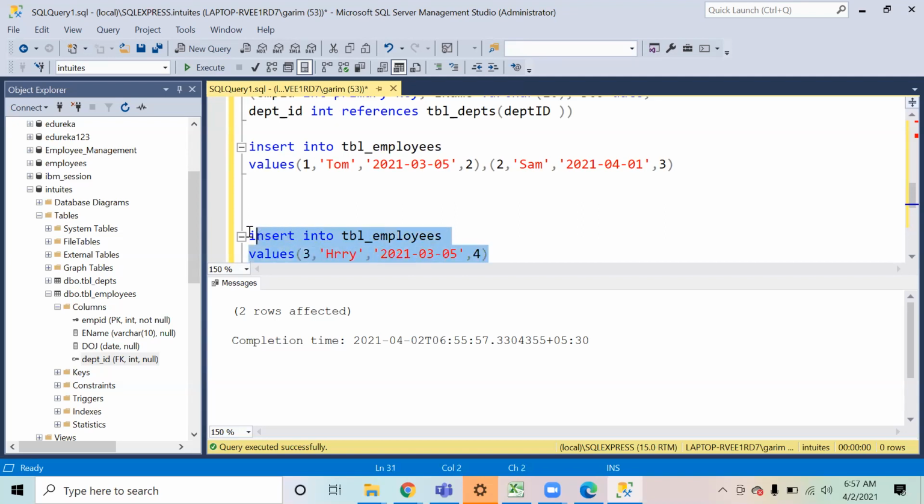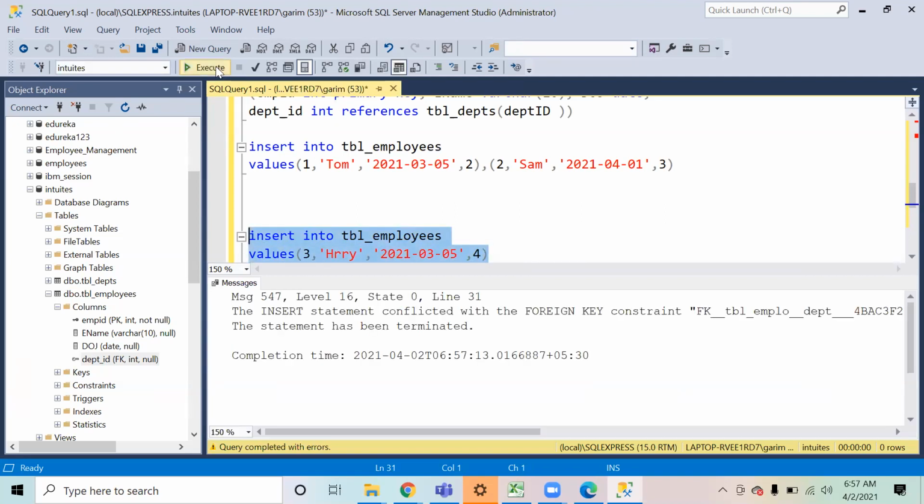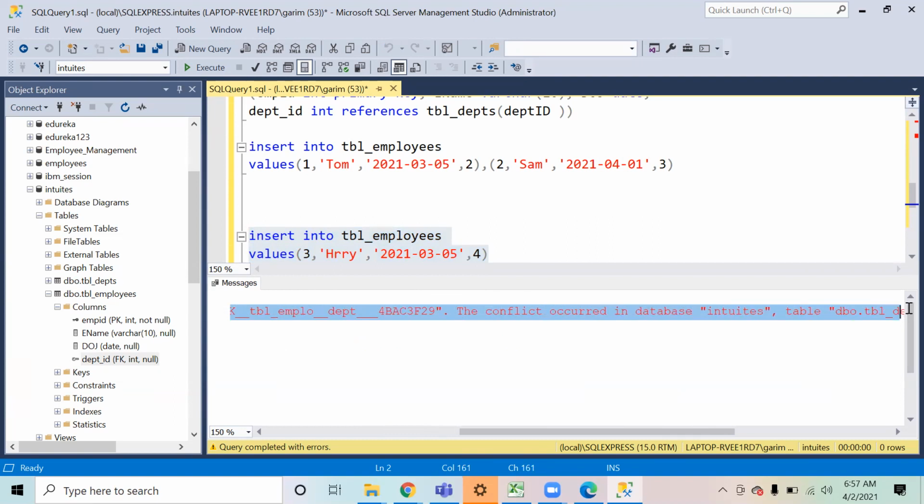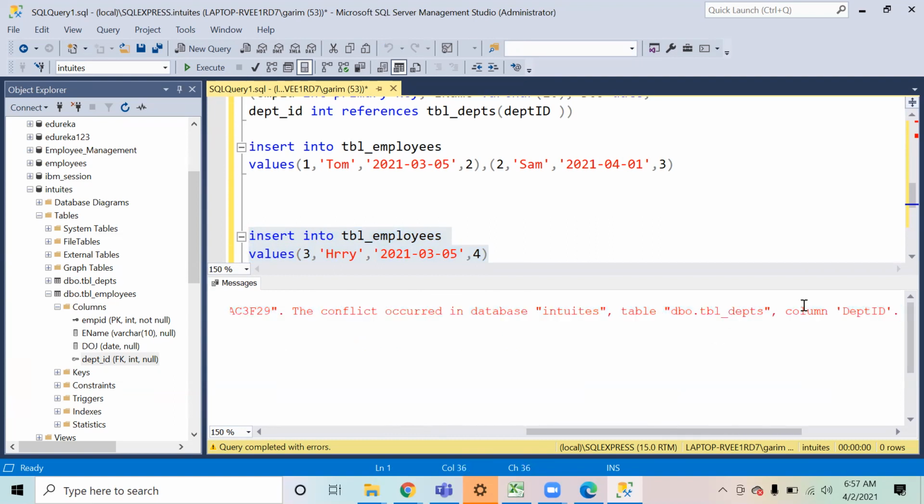If I try to insert this, the insert fails because of the foreign key constraint. Now it is saying that because of the foreign key condition, that information is not present in that table. So that is why it is not allowing me to insert it. So first of all, I will have to insert department ID 4 in the department table. Only then I will be able to insert it. Making sense?